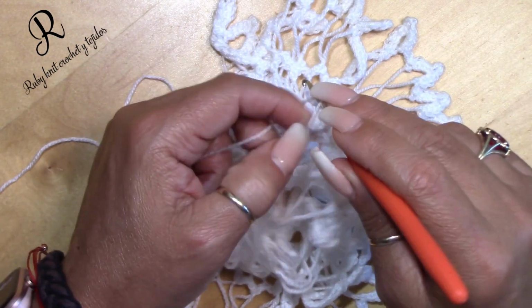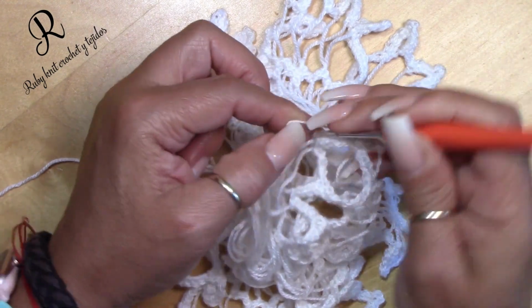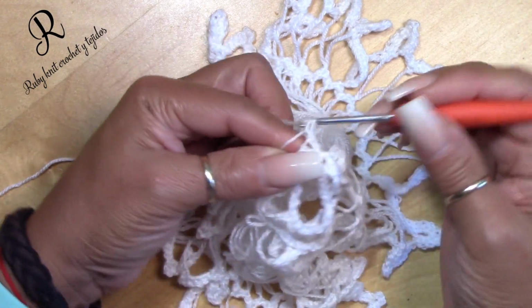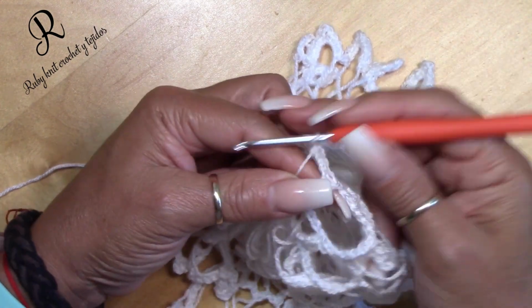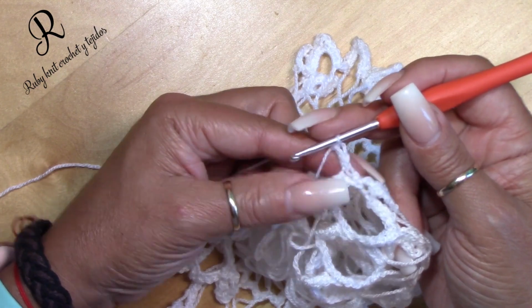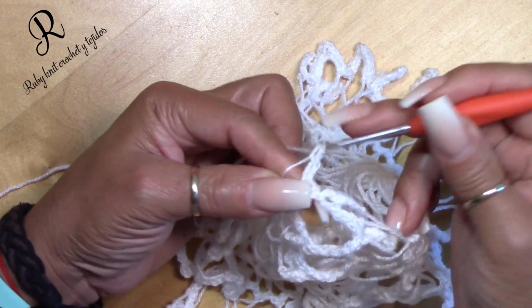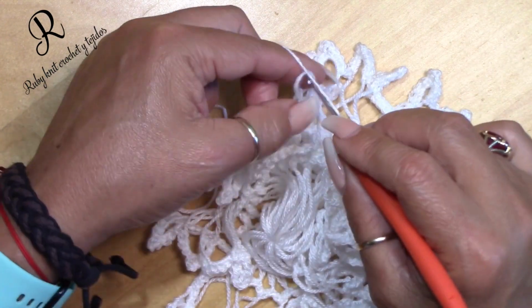You're gonna finish it here. We're doing exactly what we did, except that instead of chaining 3, we're chaining 1 and doing a single crochet in that top chain 3 space from the other one. So that is 1, 2, 3, and 4, chain 1, the last loop,